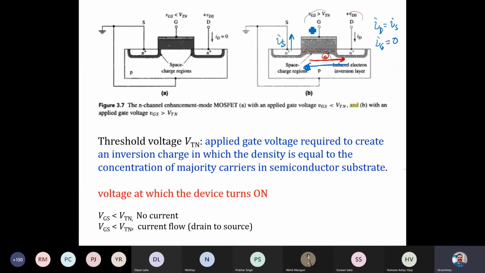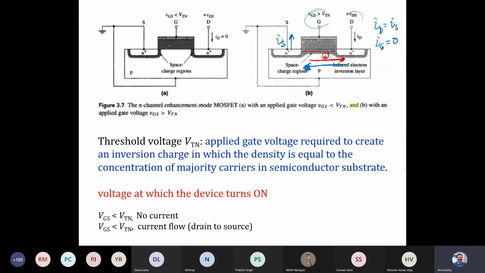So the role of the voltage applied at the gate terminal is to create a space charge and inversion layer.